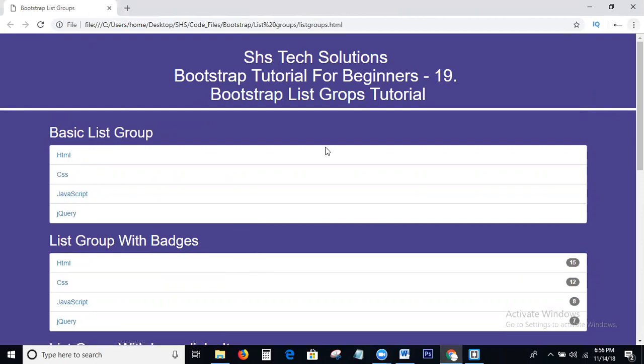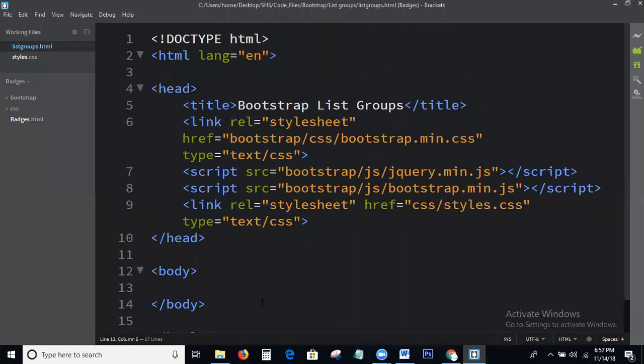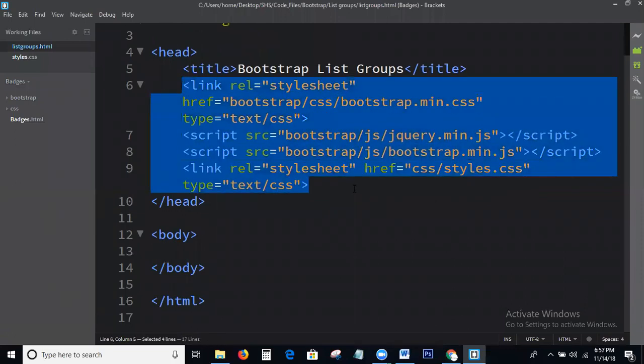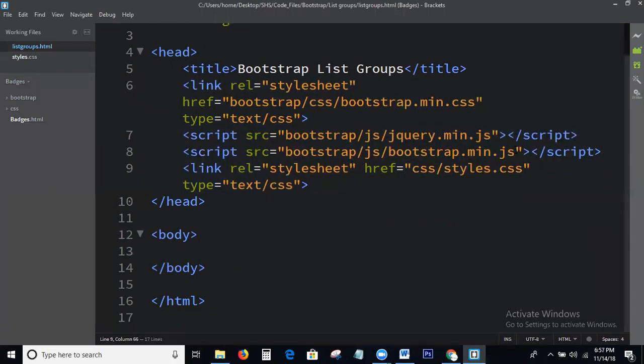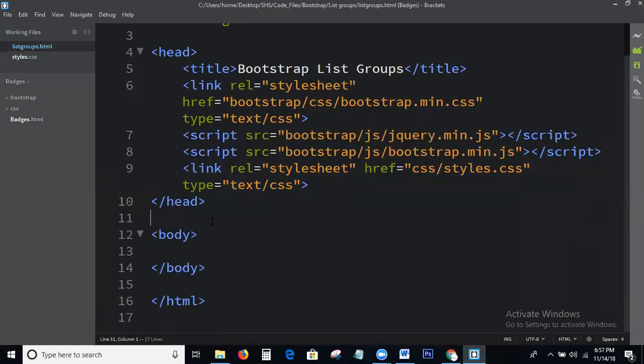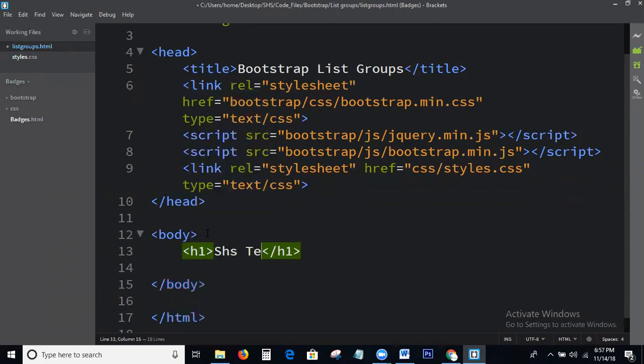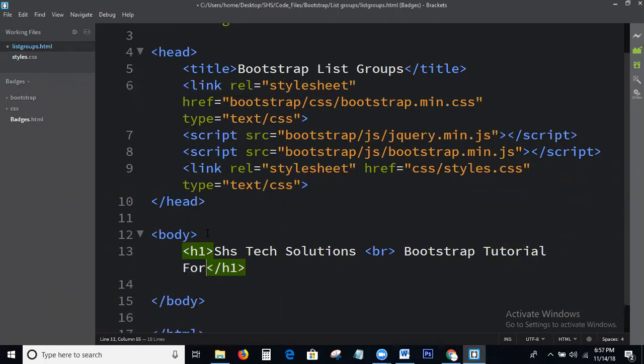Okay guys, I'm going to the topic we discuss today: Bootstrap list groups. How to create Bootstrap list groups. I will explain step by step. Here, this is the basic HTML structure, which all of you know. Here, I am calling only the Bootstrap library, bootstrap.min.css, jQuery min, and bootstrap.min.js. I am also creating a style.css file and calling it in the head section. Okay, next I will write SHS solutions, Bootstrap tutorial for